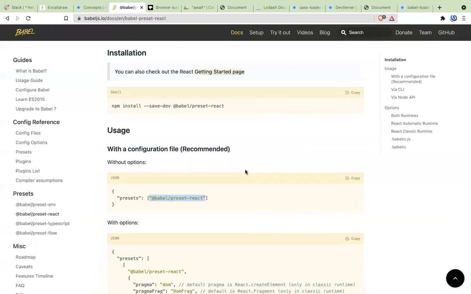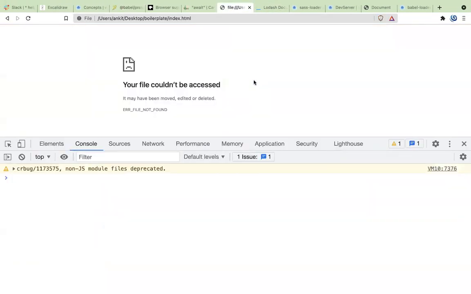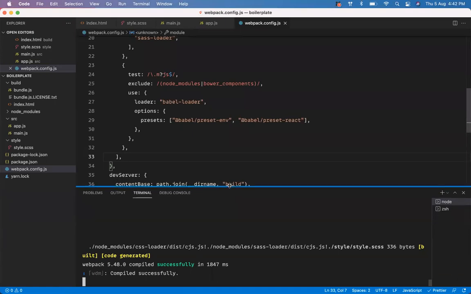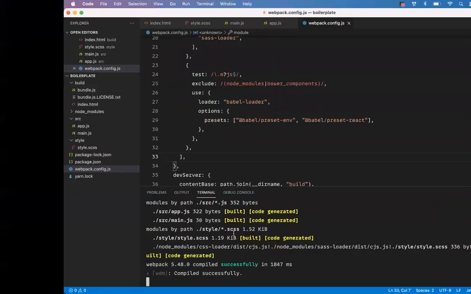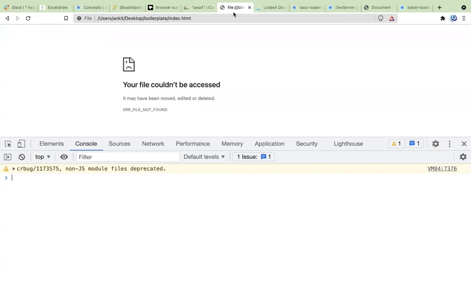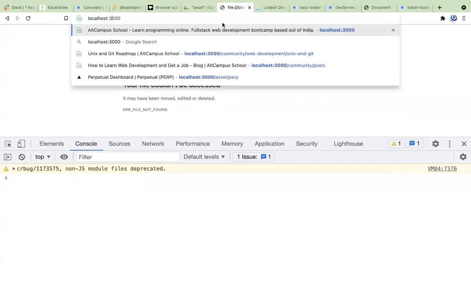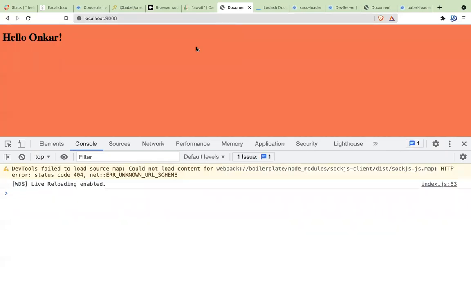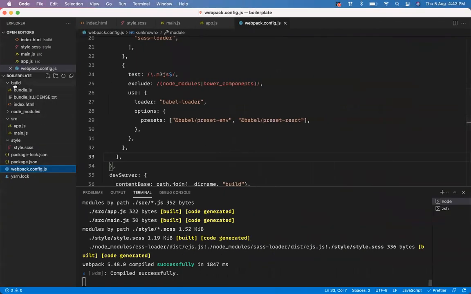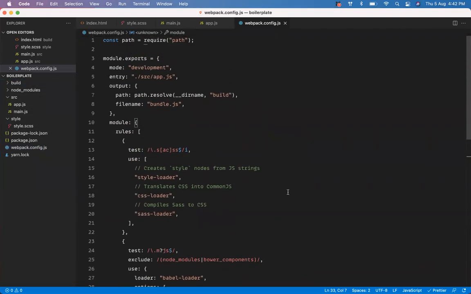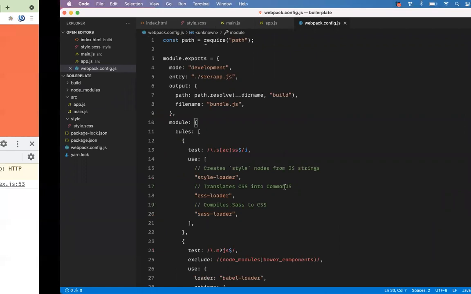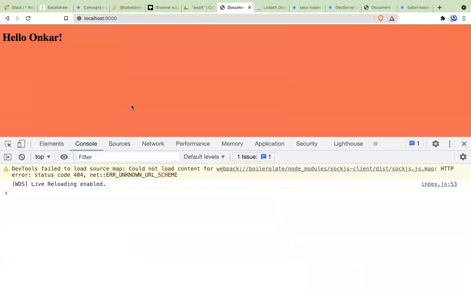Yeah, it is running. So let's go back here, refresh it. Is it throwing any error? No, here there is no error. Okay, sorry, localhost 9000. So if you go on to this, here you go, you have your React app built or configured by you in this way. This is the basic boilerplate that we have created here, and this is just the basic one. In future, you can start adding new things. Whenever you need something new, you keep adding new things on top of it.